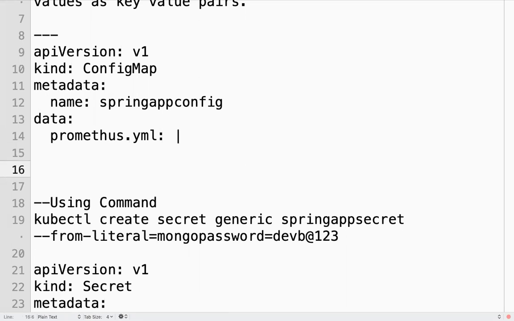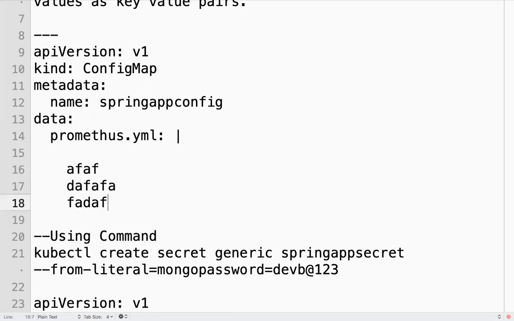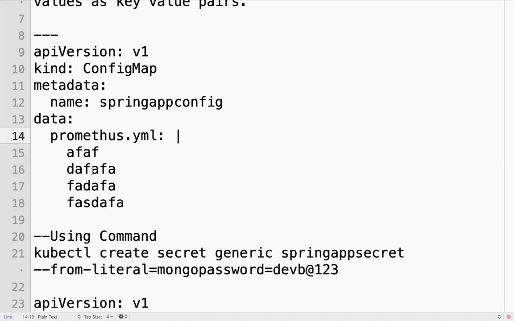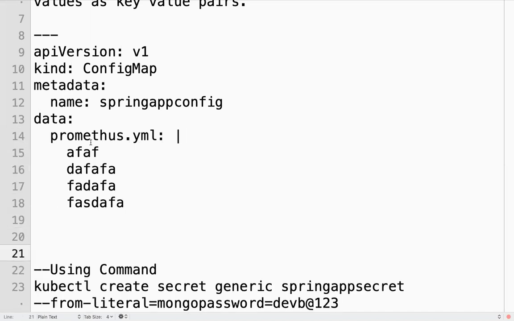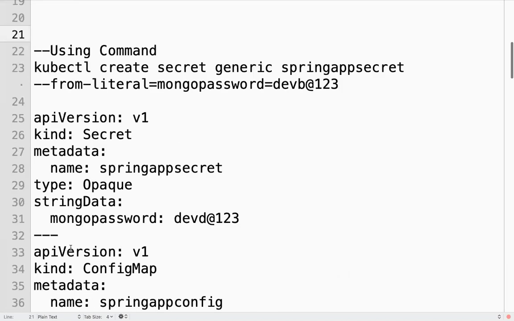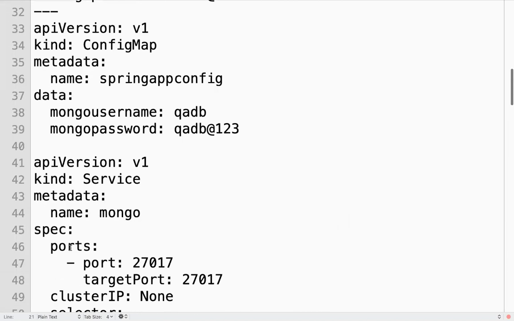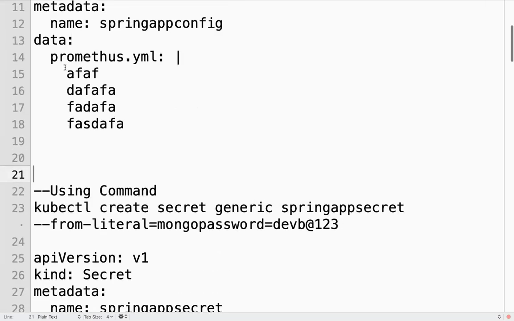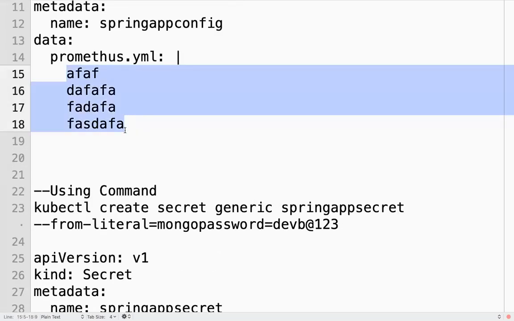You can define all those file content here, whatever. So this you can use as a value in your Kubernetes. This is your configuration file.